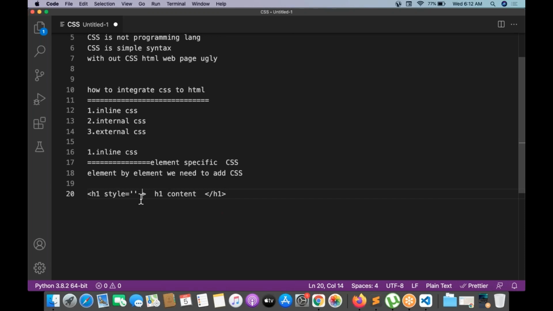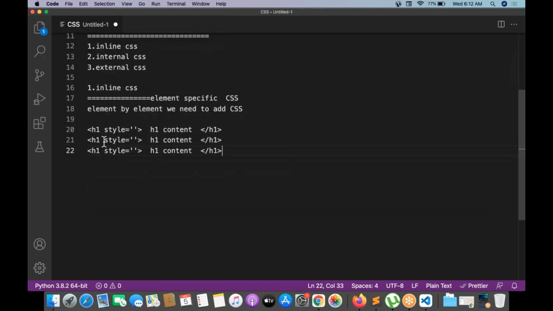Like this, I want to have multiple tags, but with each and every tag I need to give this particular style. This is h2, this is h3. For n number of elements, the style attribute is compulsory. That is what inline CSS is.